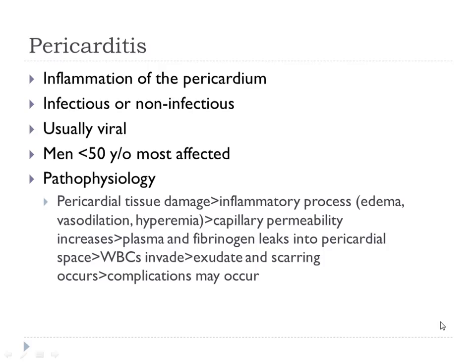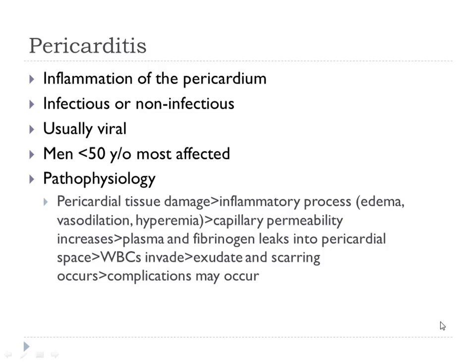So the patho is a little bit different. We have inflammation in the pericardial space, not the endocardial space. So the problem is going to be more on the outside of the heart. So the inflammatory process causes fluid to shift from the capillaries into the third space, and that space here is the pericardium. And the inflammatory process continues, and the patient will develop scar tissue from this plasma and fibrinogen that is in there. White blood cells, of course, also play a role in the development of scar tissue.